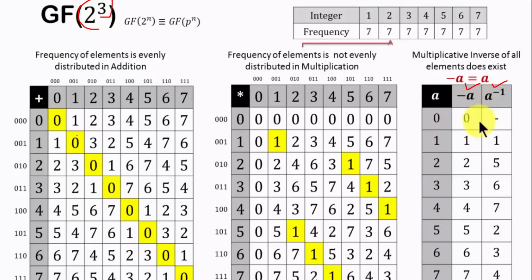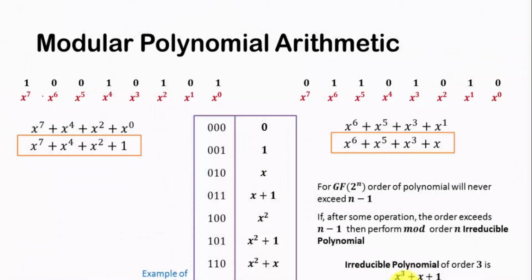While adding a number with the same number, we get the additive identity as the result, so we can say that number is the additive inverse of itself. Here we have performed operations which are not the conventional method of addition and multiplication. For defining this addition and multiplication over the Galois field of 2 to the power 3, we need to consider